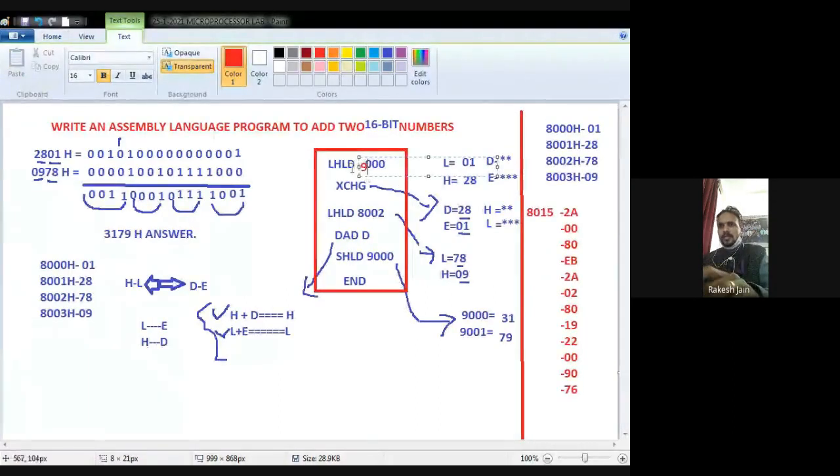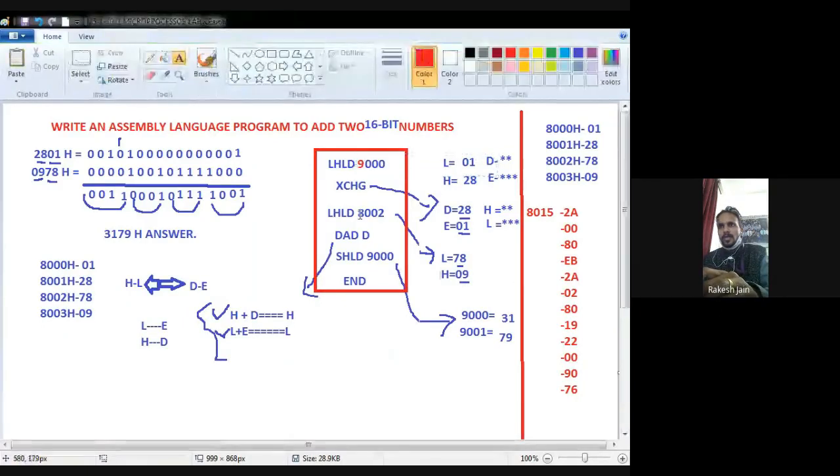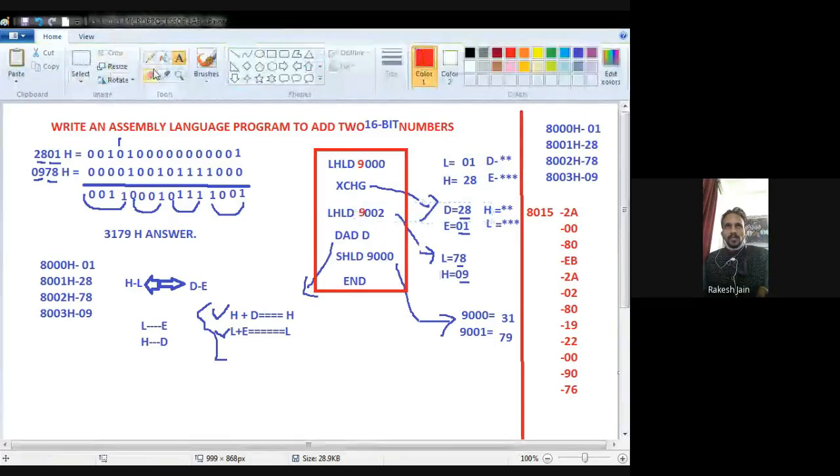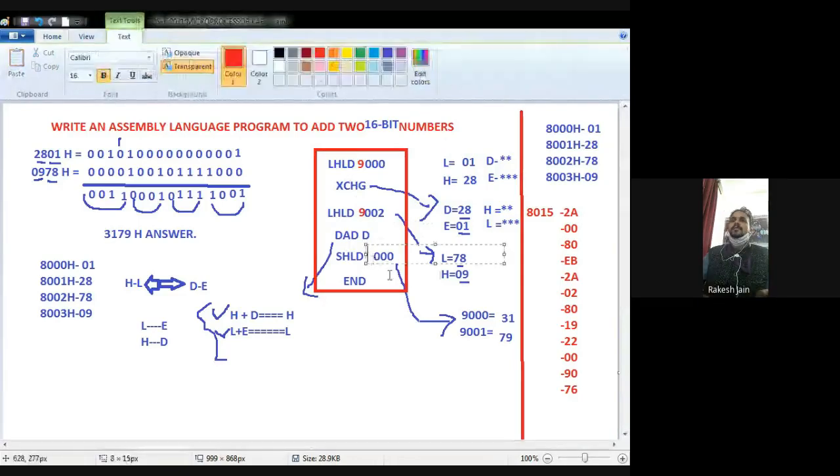Let's say I start from 9000, then 9000, and this is my 9002. Only 10 minutes more, then you will understand the complete program result on software 9002. Then I have to change the result location also. This is also correct, and if I do this one, then also correct, no problem.